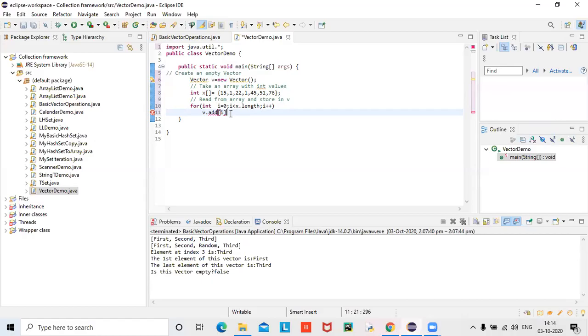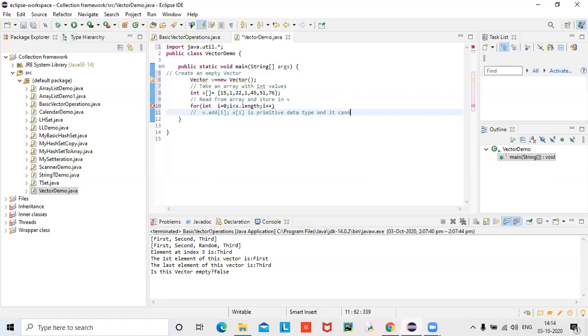Because x of I is a primitive type of data, as you know, I will write a comment, a comment for what we cannot do. I will write one comment here itself: x of I. X of I is the array name which you have taken, right? x of I is a primitive data type,